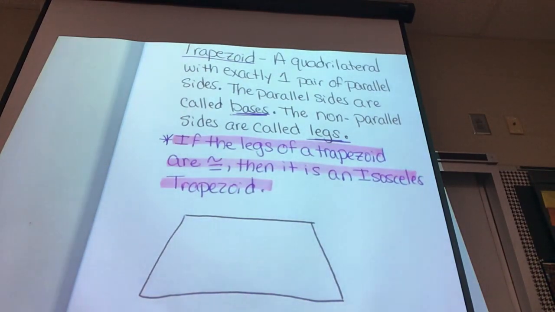So what they tell you, again, with your trapezoid, is that you have